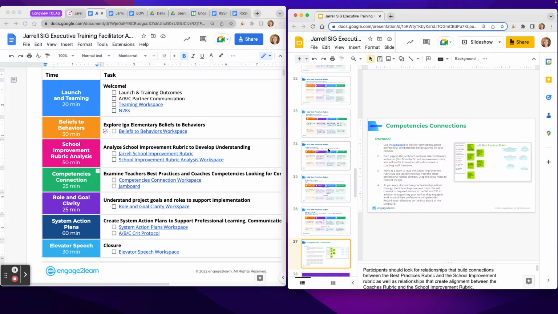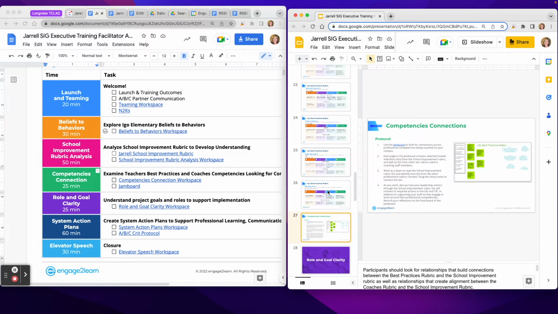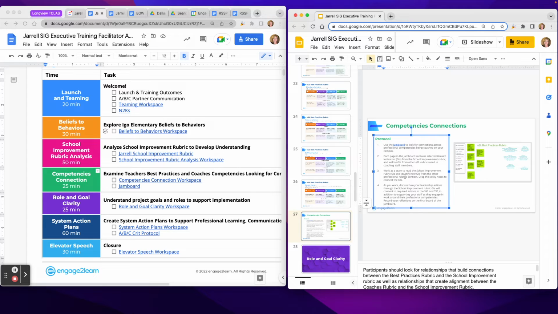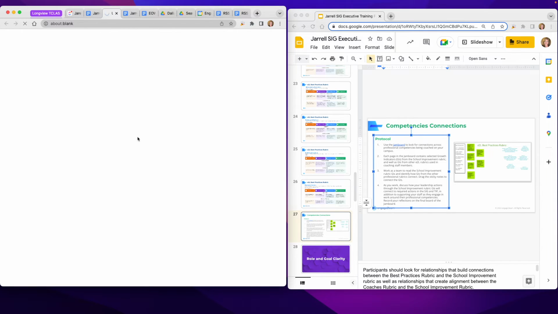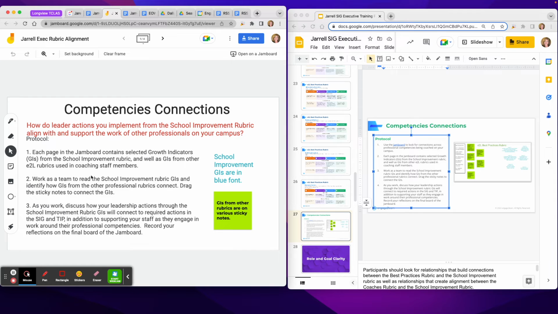All right. So you just want to give them a high level overview of that, and then ask them to engage in this activity where they have a Jamboard. Let me open up the Jamboard and show you. The idea here is for them to start developing that habit of mind where they're always looking for connections. Each page of the Jamboard contains some growth indicators from the school improvement rubric, which are